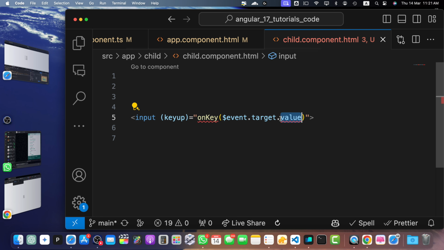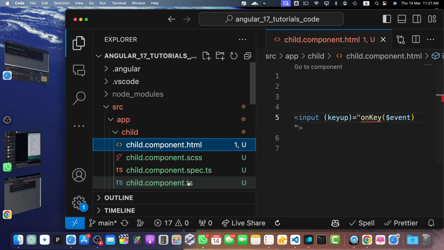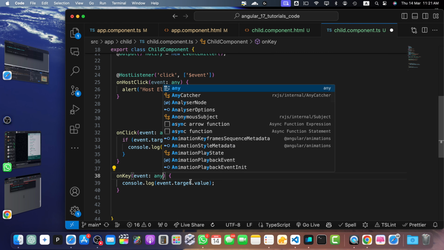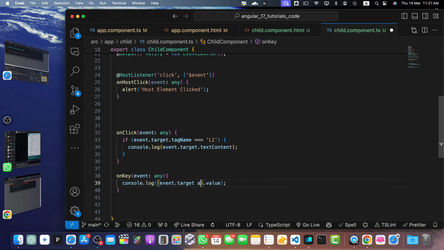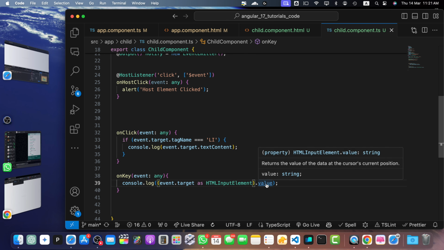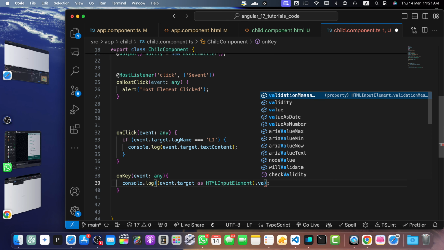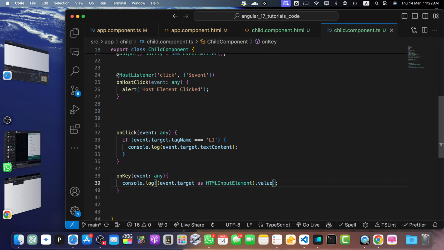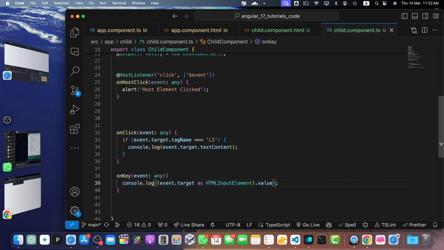So for example, you can do that. You can just pass the event and go to the TS file. Let's define that function onKeyEvent. And now you can console it, but before that you can wrap it in parentheses and here add as HTMLInputElement. In this way it would be obvious. Even if you are typing, it will give you all of the suggestions for which value to pick. So by casting the event.target to the HTMLInputElement,